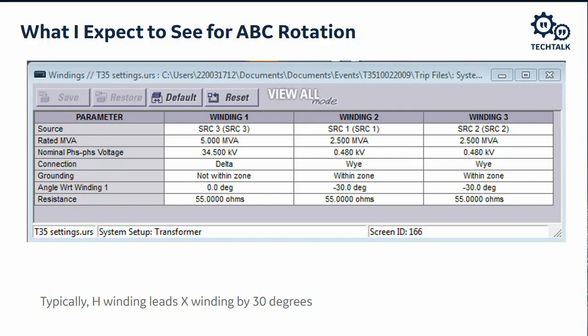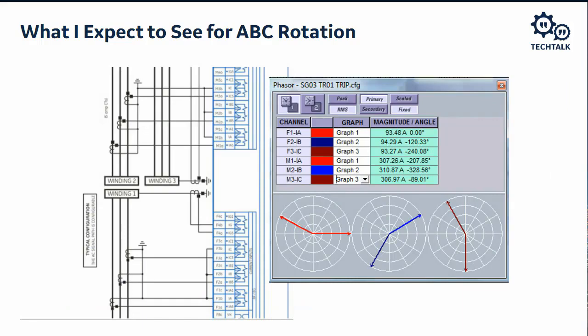So let's take a look. Again, this is what I expect to see for a minus 30-degree lagging transformer. I expect the currents to be at minus 210. If we zero in just on the red vectors there, that's primary current at 0 degrees, secondary current at minus 210. That's what I expect to see, because if we flop that vector around 180 degrees, it's sitting right there at minus 30 degrees. Now it's sitting at minus 210 versus minus 30,